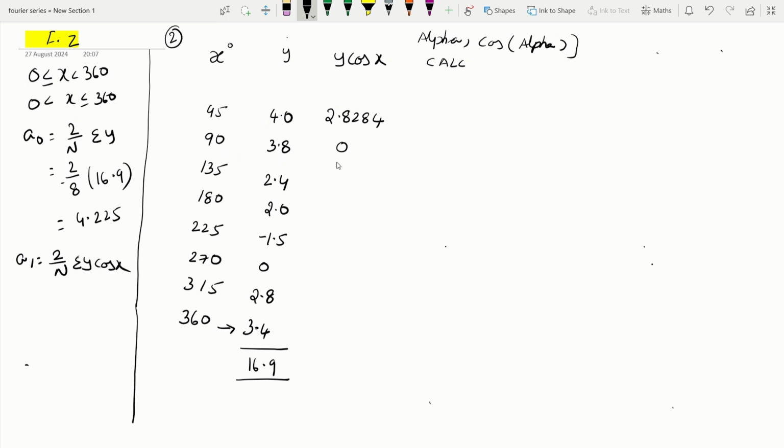Again one more, minus 1.69704 and minus 2.0 and 1.06065, then again 0, then 1.97988, then after that 3.4 y cos x, and all these if you sum, you are going to get